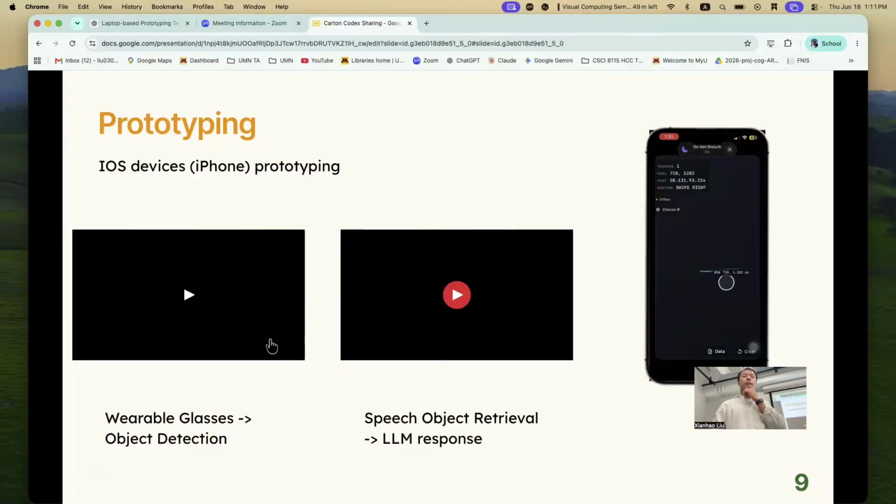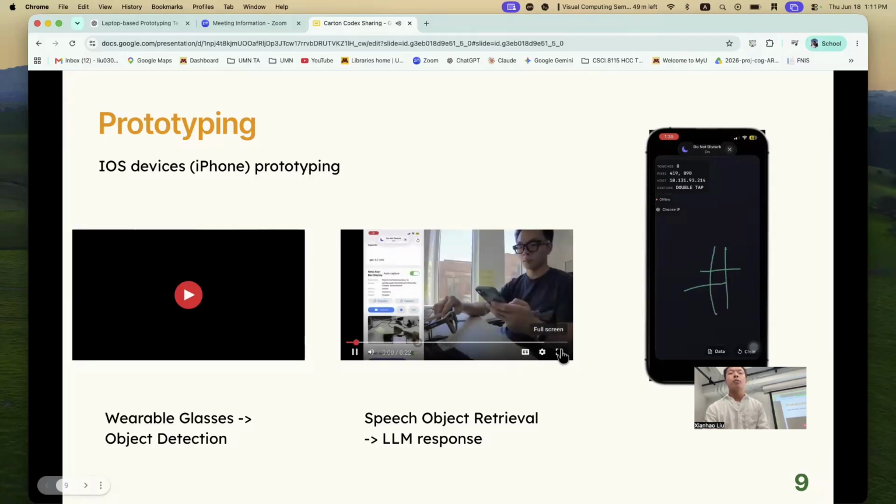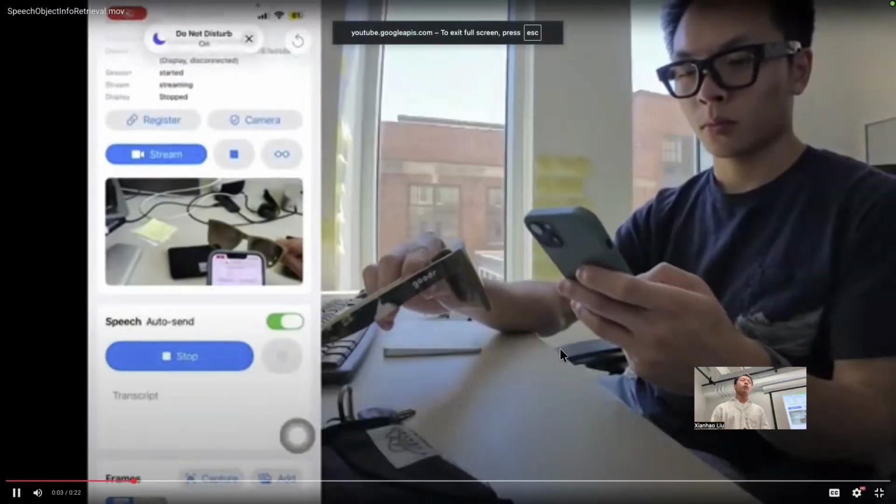Which glasses are those? Meta Ray-Ban. Yeah. And the second thing is also kind of similar, but doing a different thing, more like visual question